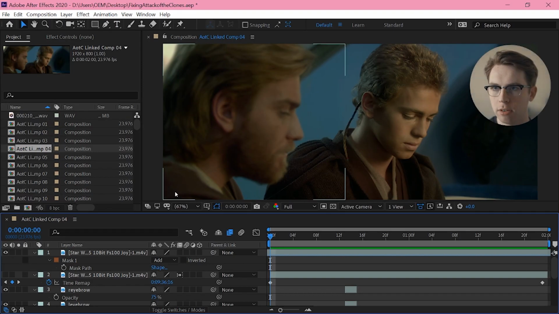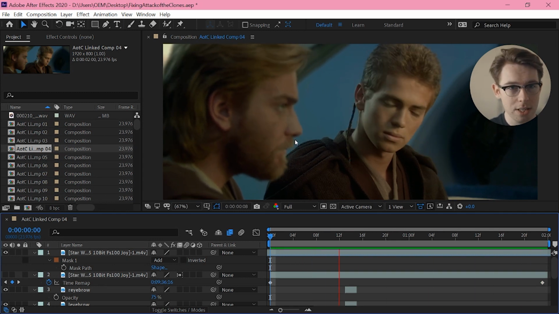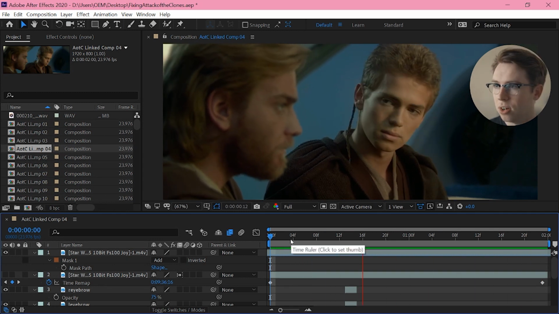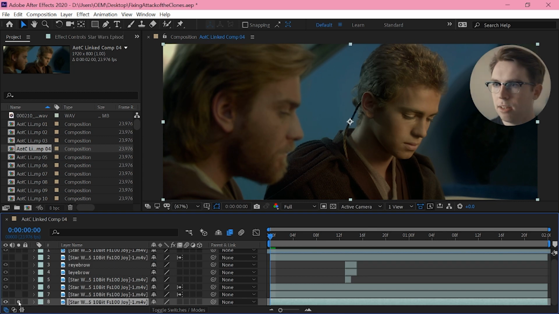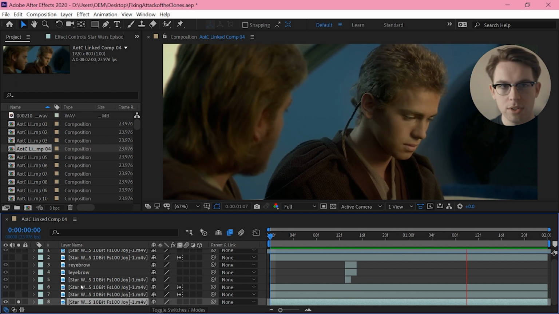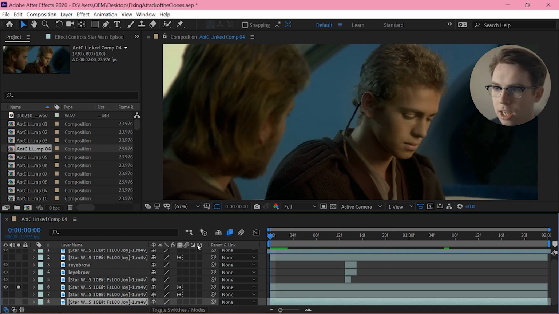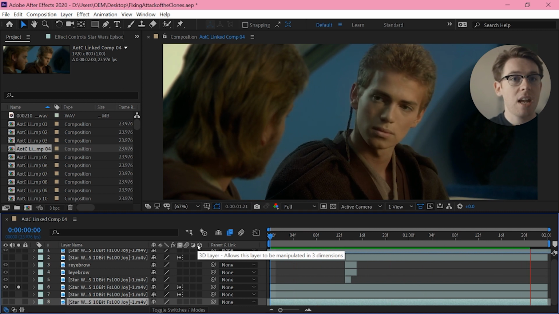Shot 4. 4? Yeah, whatever. Who cares? This is a good one. This is one to look at. There's a lot going on here actually. So the original shot would be something like this, which is actually entirely different. So first, I am retiming Anakin's performance to get that where I want it to be.